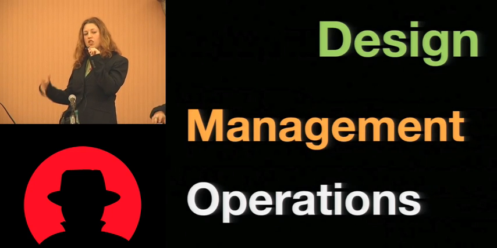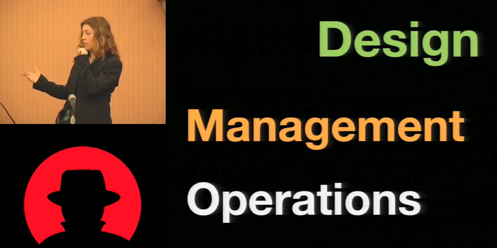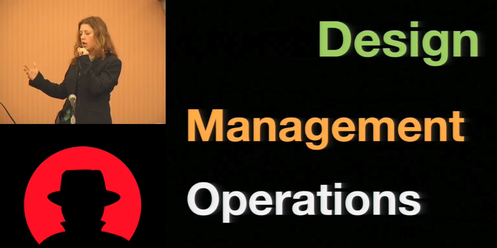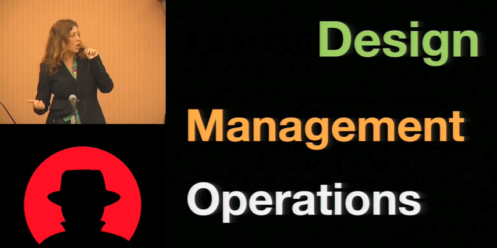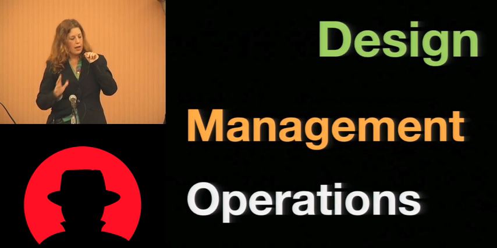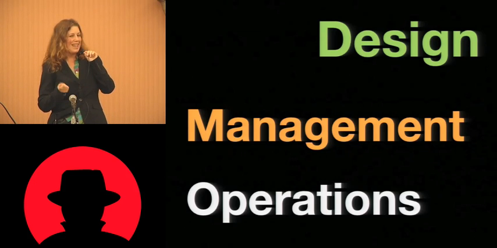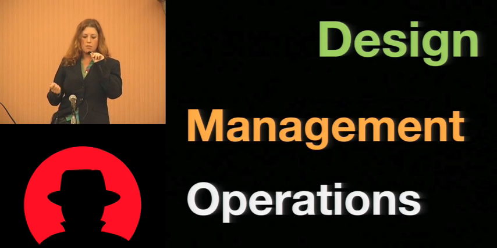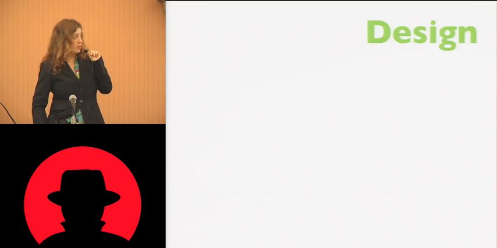But the design of the system itself, embedding risk management into the design of your system itself, and then management here, meaning the processes that we undertake in order to keep the system predictable, and finally operations. In the operations section, I'm talking a little bit more about really technical modeling, like statistical modeling efforts that you would actually employ in running your system.